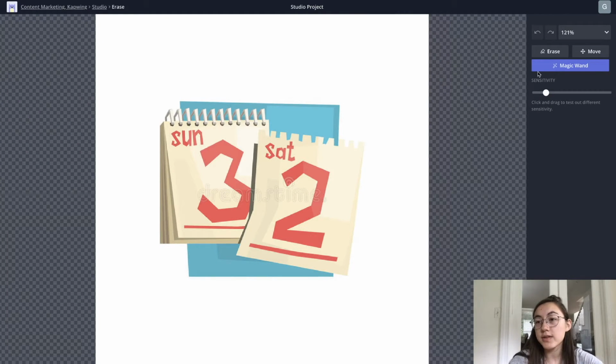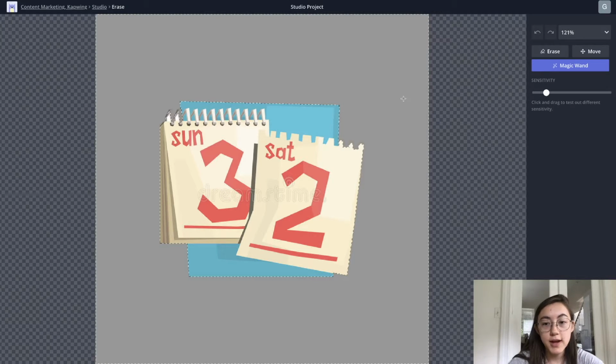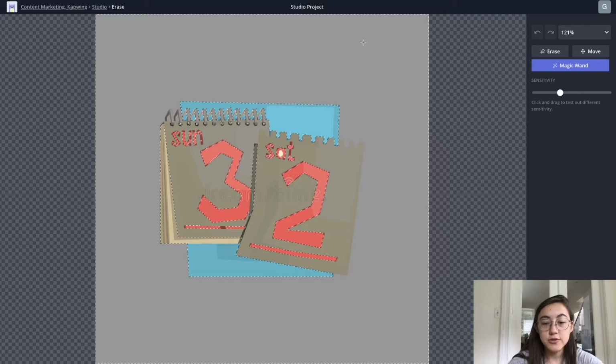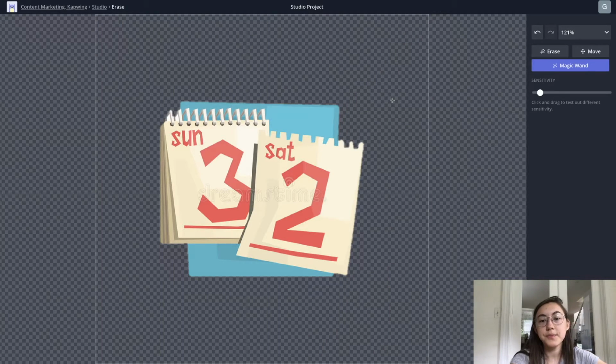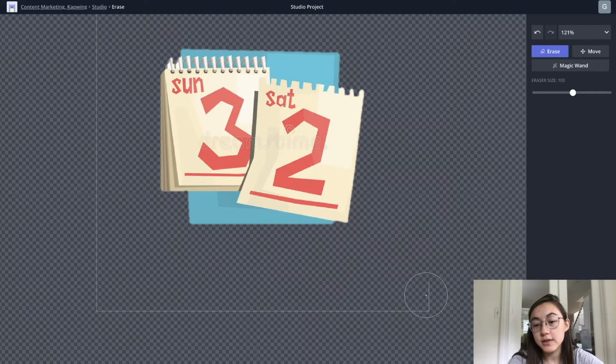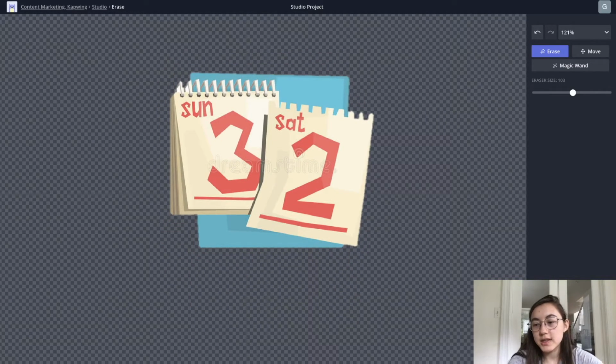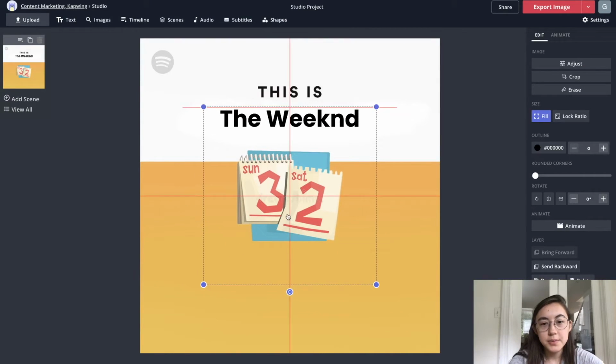This one works with the magic wand. All you have to do is click and drag and it'll select similar areas. As you can see, if I drag more, it selects more of it. And if I drag less, it'll select less. So just adjust it so it highlights the area you don't want in the picture, and then just hit delete on your keyboard. We also have this freehand erase, which is really helpful for getting these border lines that you can see, and it just erases the pixels that are directly underneath it. All right, that looks pretty good to me. I'm just gonna hit done, and it pulls it up.